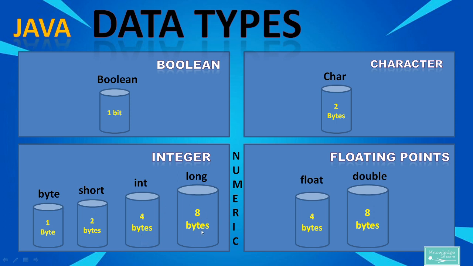And each also has a range, which we will be seeing in the next examples. For example, a type will accept numbers only up to a certain limit, and you will be seeing those limits, till which numbers it will store. And coming to floating points, there are two types here also: float and double. If you want to store less decimal point information, you will be using 4 bytes, and if you want to store a huge one, 8 bytes. Even this has a limited number it will accept, and we will see that in an example.